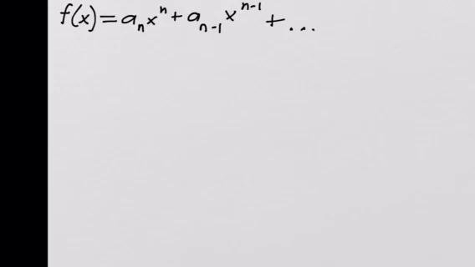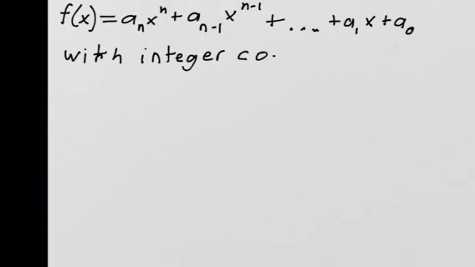So if we have a polynomial f of x equals a_n x to the n plus a_(n-1) x to the n minus 1, plus continuing on, plus a_1 x plus a_0, with integer coefficients,